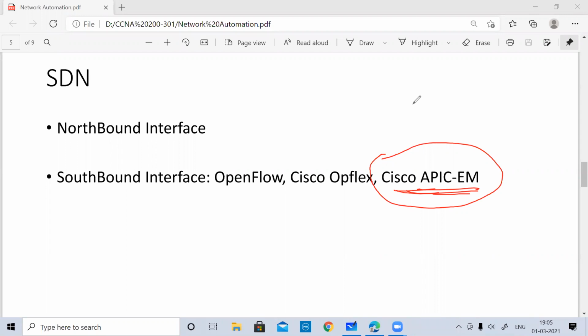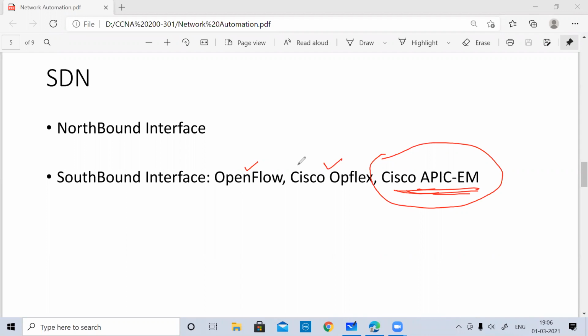So these are going to be your southbound interfaces. OpenFlow is an open standard, and Cisco developed a similar kind of structure for OpenFlow, which is known as Cisco OpFlex. And just now I talked about the APIC-EM. Now, what can be your northbound interfaces?